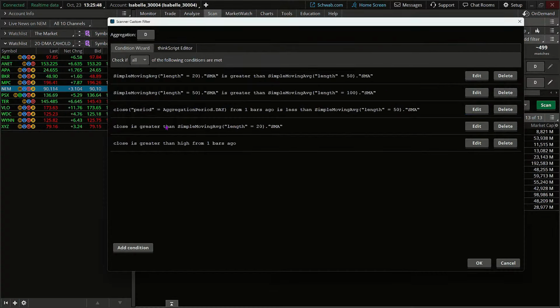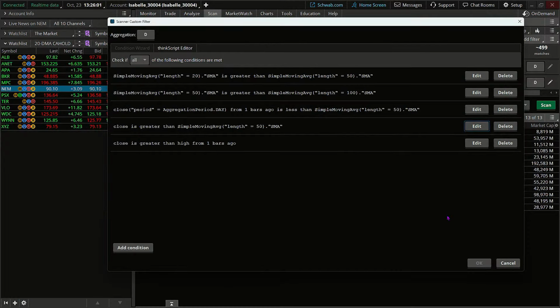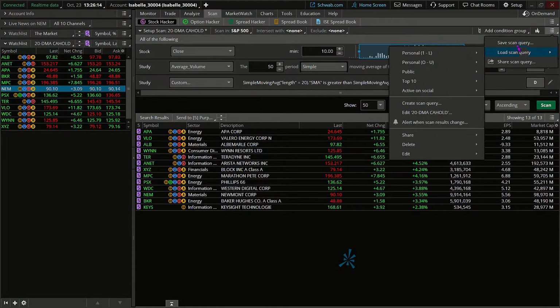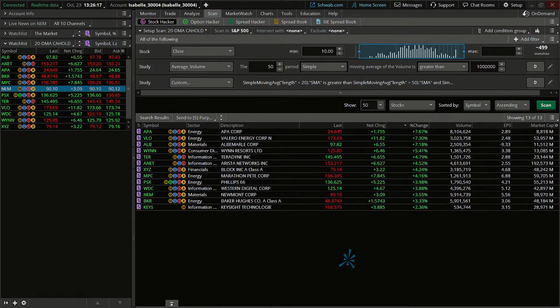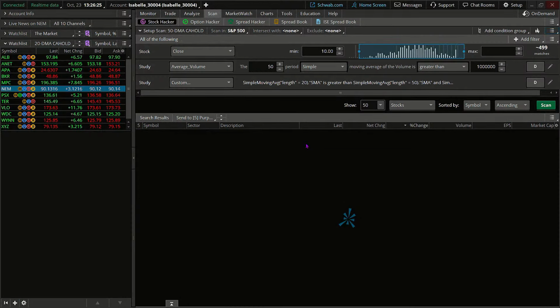That's what we want there. And we also want, right here, the close from 1 bar ago is less than the 50-day, excuse me. Close today greater than the 50-day. So I'm going to update this one here to 50 periods. All right. And again, same thing. Close is greater than the high from 1 bar ago. Need that in there as well. So here I'm going to hit OK. Here I'm going to resave this scan, but now instead of the 20 DMA hold, I have it as a 50 DMA hold. And again, I'll remind you, you're going to get some of these same securities.